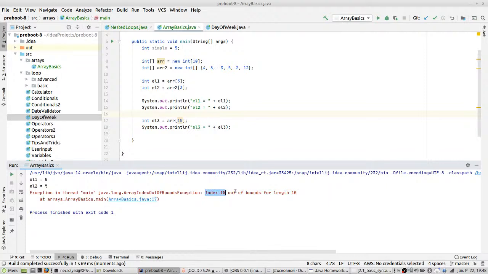Index 15 out of bounds for length 10. That's really not in Java style, but this exception says exactly what it needs to say. So we have an array with length 10, so we cannot get the 15th